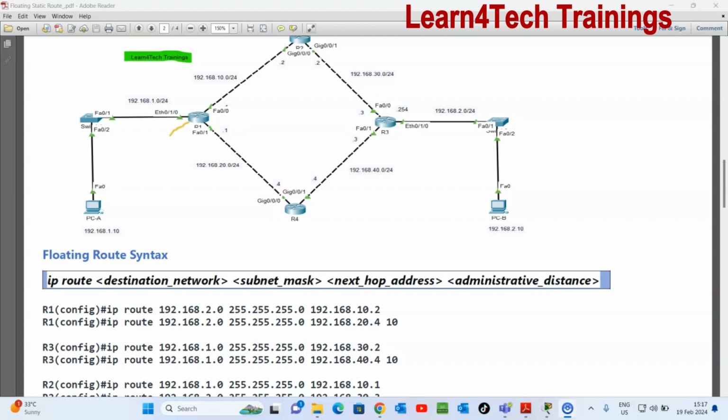On router 1, we have this configuration: IP route 192.168.2.0. The destination is a destination network, and this is the subnet mask. The next hop is 192.168.10.2. This means that from router 1, any device connected to router 1,